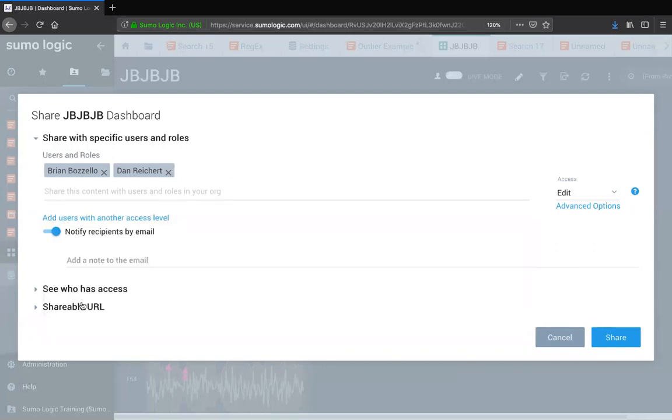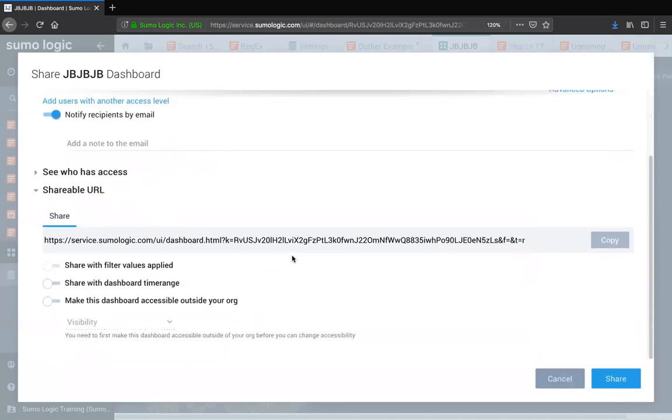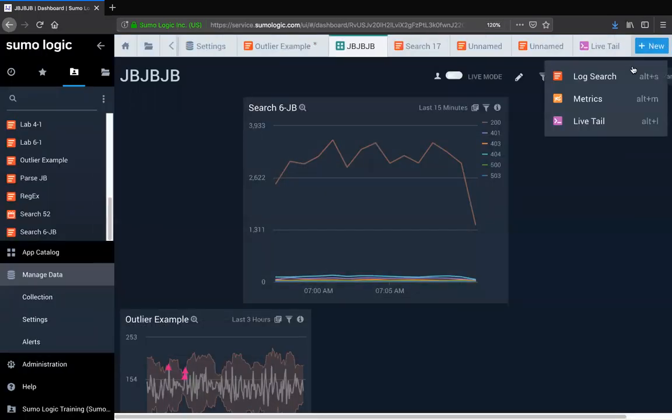The other option you have, however, is this shareable URL here. And I just want to discuss the pros and cons of using this, because this can be a powerful feature. But let me show you how to use it. What this feature is going to allow you to do, and this is assuming your administrator allows you to, your administrator can very quickly say, I don't want this to be allowed. But what you can do is, if he's allowing this, you can go ahead and take this URL and then share this with anybody in the world, regardless of if they have Sumo Logic access or not. What they can then do is take that URL, paste it into their browser,